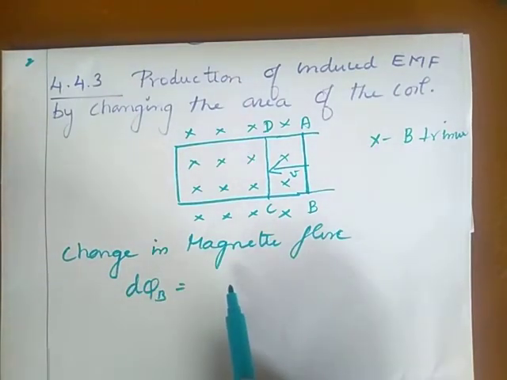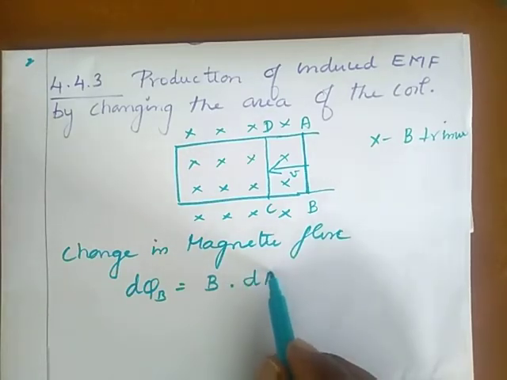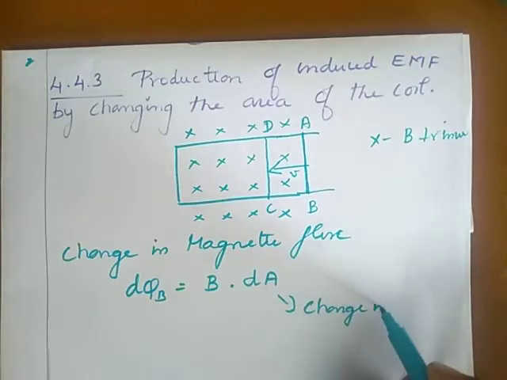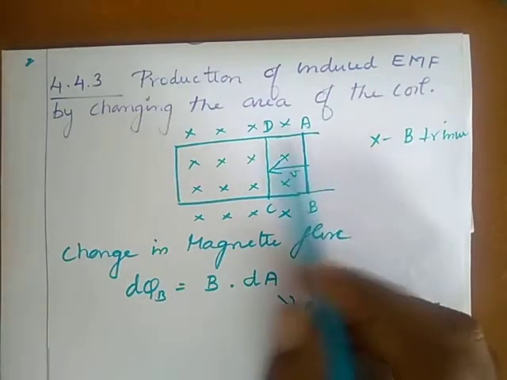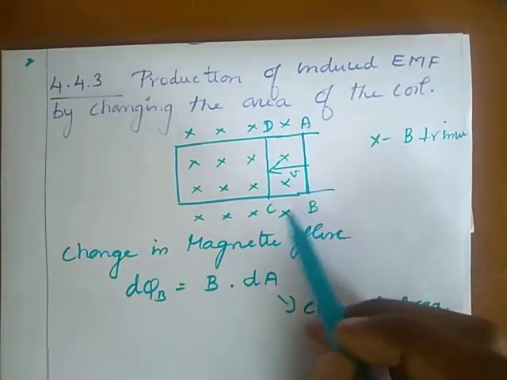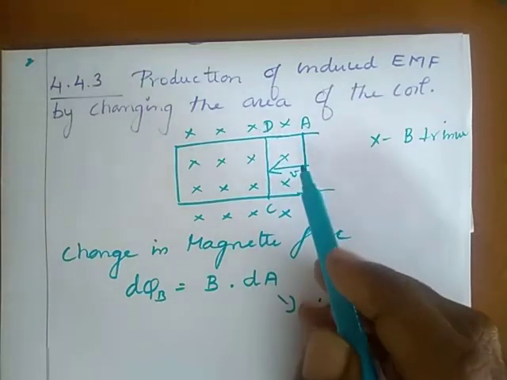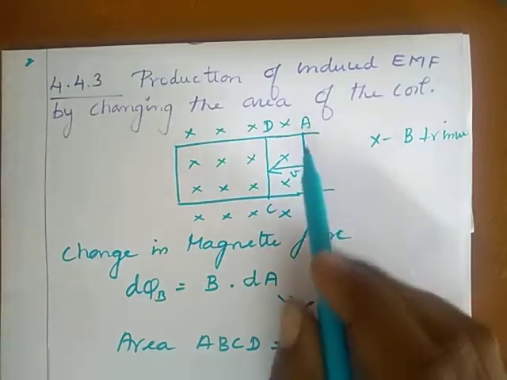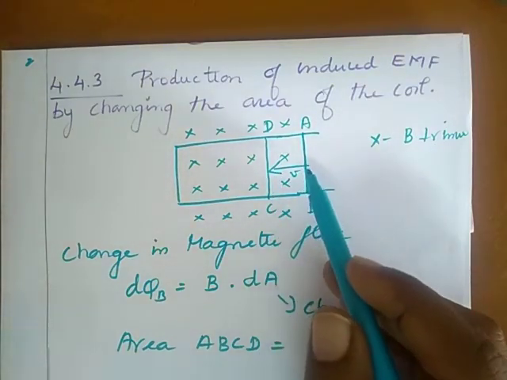We know flux phi is equal to BA. Okay, so B, here the area is changing, so we can write this as dA. Here dA is a change in area. We know the change in area is nothing but the area of this section. Then ABCD is the change in area. So we can write this as area ABCD, that is equal to, it is in the shape of a rectangle. We know the area of a rectangle is length into breadth.